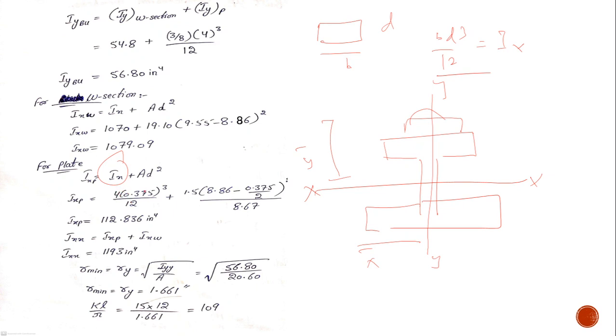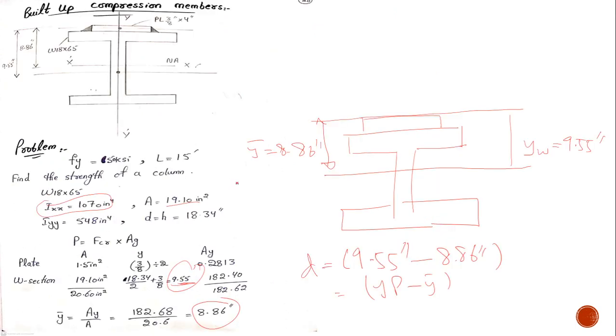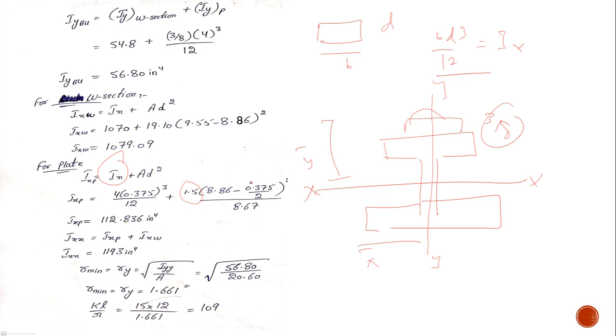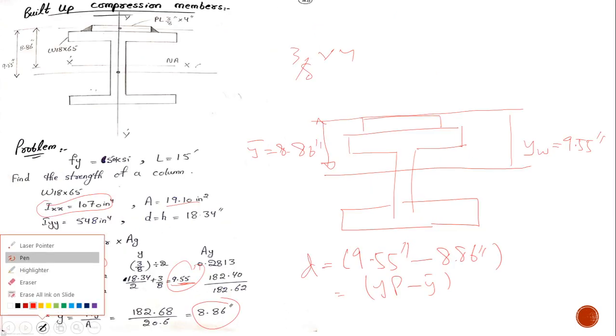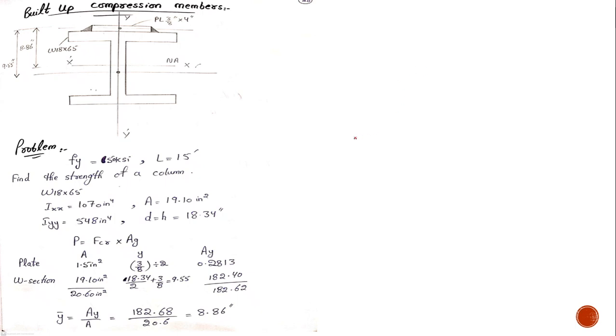B is 4 inches, D is 0.375, because 3 by 8 is always 0.375, plus this AD square, where the area is 1.5. It's very easy: you multiply 3 by 8 into 4 and you get the area. The only problem is that you should know what D is. D is the difference between the neutral axis and the centroid. So recall, this is your plate and this is your W section,